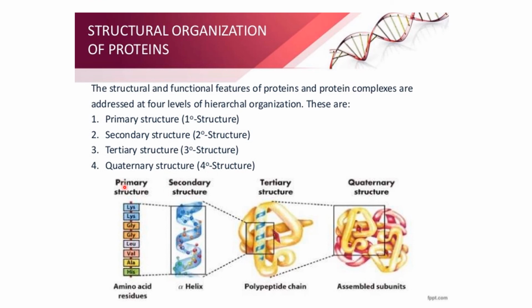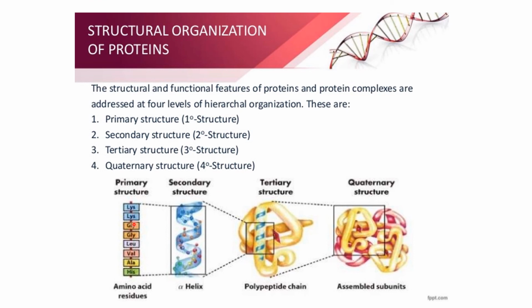As you can see over here, this is a primary structure which is made up of the amino acid chain. This is a secondary structure. You can see helix formation, the alpha helix, which is a secondary structure. And this is a tertiary structure. So many secondary structures give rise to tertiary structure, that is, so many polypeptide chains. And what is quaternary structure? So many tertiary structures give rise to quaternary structure.